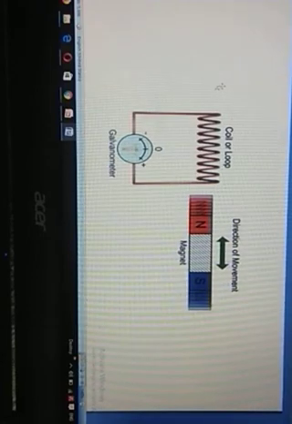So we had to fix the north pole of a magnet as it is moved towards the coil. As it is given in the diagram, a bar magnet is at rest with respect to the metallic coil. The metallic coil is connected to the sensitive galvanometer. The reading in the galvanometer is right now 0. When the north pole of a magnet is being moved towards the coil, students, the galvanometer shows some deflection.